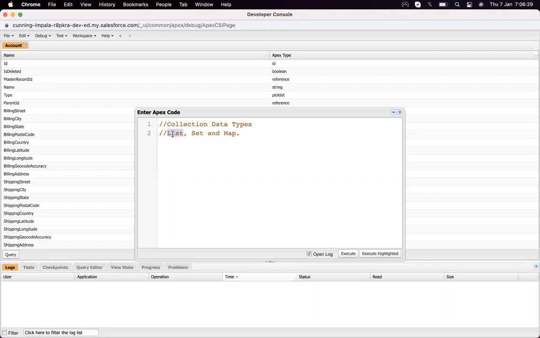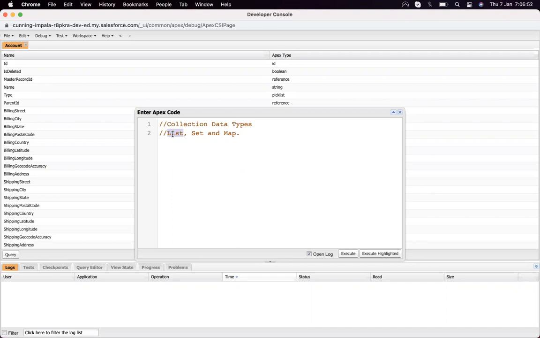When you put elements in a list, they are extracted in the same order in which you put them. But in a set it gets sorted alphabetically, or if it is numbers, then numerically.